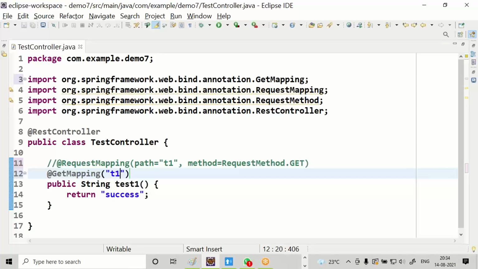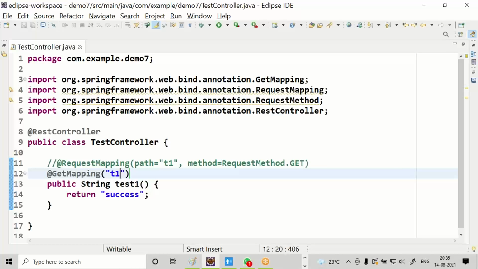Now you can specify the path straight away, a single value. Again, test 1 is assigned to request method get, assigned to GetMapping.